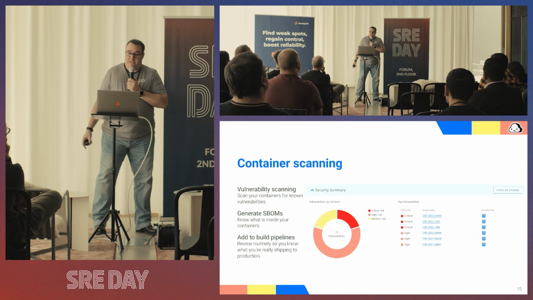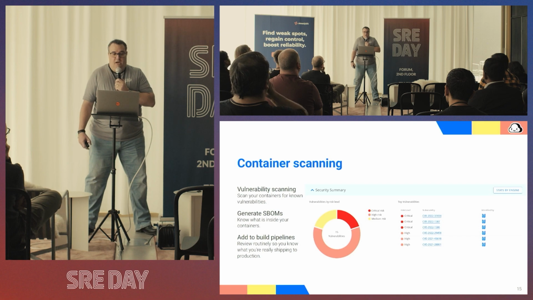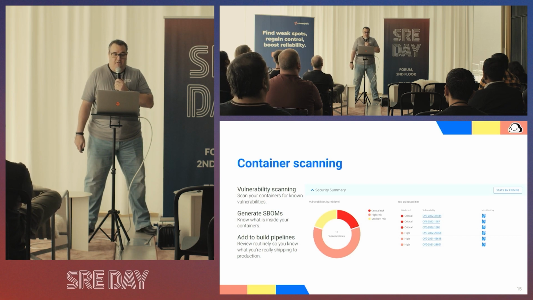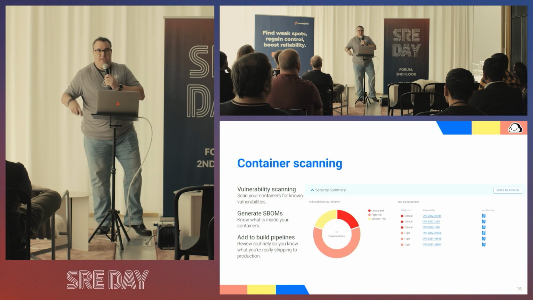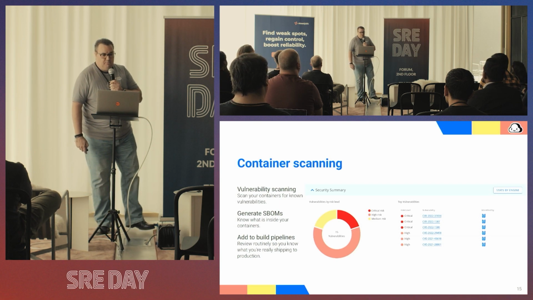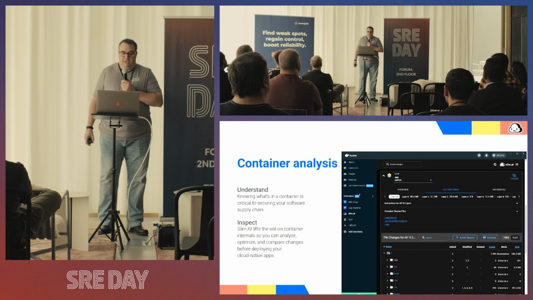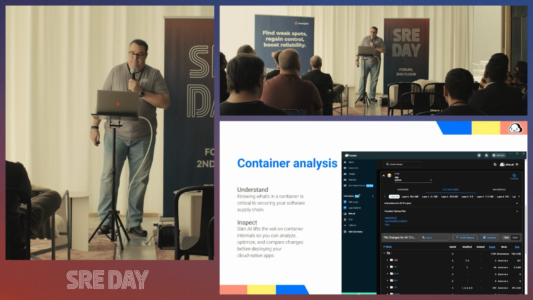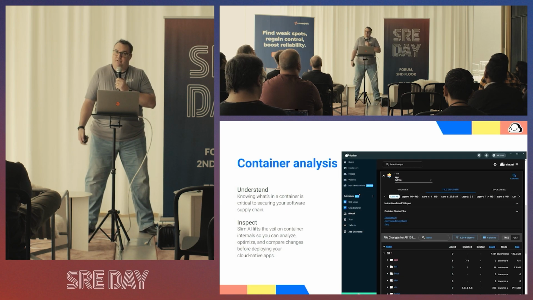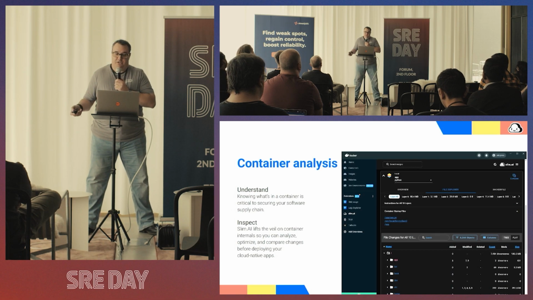But for the purposes of this presentation, I use the Slim SaaS platform, which has Grype, Trivy, and Snyk integrated. Grype, Snyk, Trivy, and Clair are all useful tools for assessing your containers, and I recommend you give them all a try. They're all tools you can download and integrate into your build pipelines. They're all open source. Using the Slim SaaS and more recently the Slim.AI Docker extension, I can demystify the containers and really get to know what's inside them. Knowing what's inside your container is critical to securing your software supply chain. The Slim platform lifts the veil on the internals so you can analyze, optimize, and compare the changes before deploying